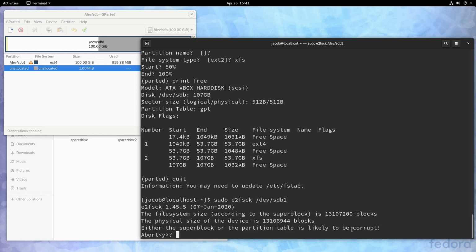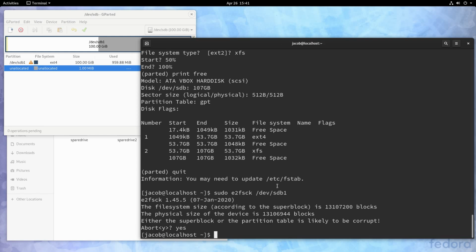Now, in this case, we know it's not corruption. It's because we've been messing with things. Now, I'm going to go ahead and hit enter to abort here. The reason this is happening is because we relied too much on parted's human readable stuff and we didn't calculate out the actual numbers. And we shrank our file system to 50 gigabytes, which is apparently slightly more than half the disk. So then when we resize the partition to as close to exactly half the disk as we can get, we have now cut off part of our file system. Now, if we don't do anything right now, there will be data loss.